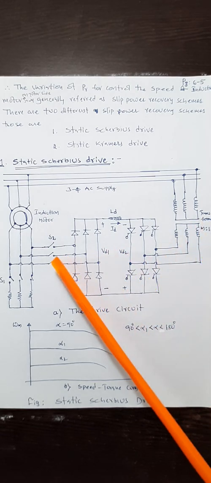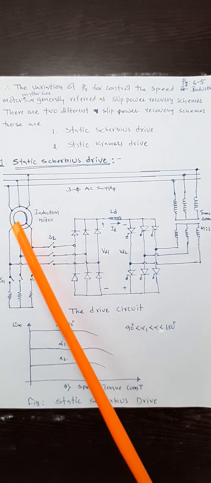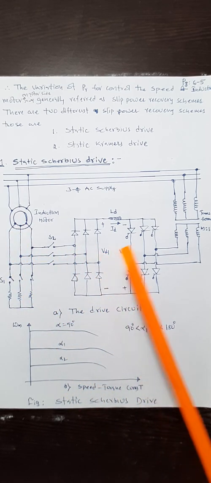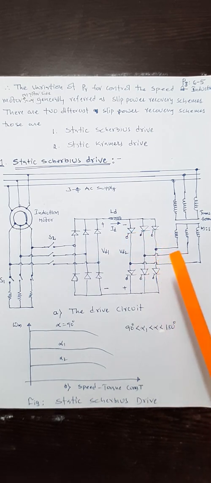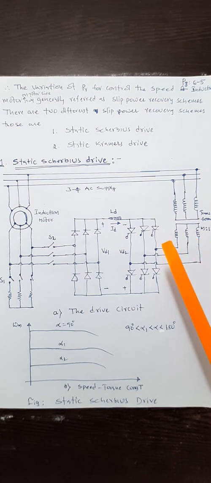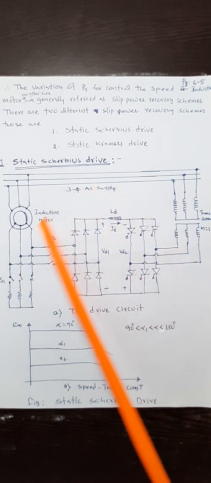So that means that once the induction motor is functioning, during this time the slip power is collected and converted into DC, and again converted into AC under control and supplied to the system. So therefore a huge amount of power is conserved here. These methodologies are useful to avoid the drawbacks of the conventional rotor resistance control as well as the static rotor resistance control. So this is the drive circuit.